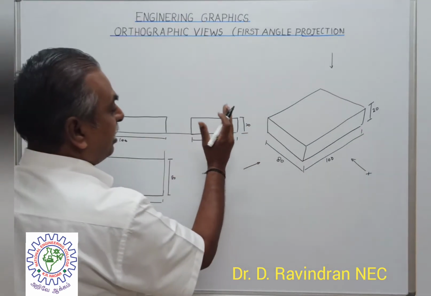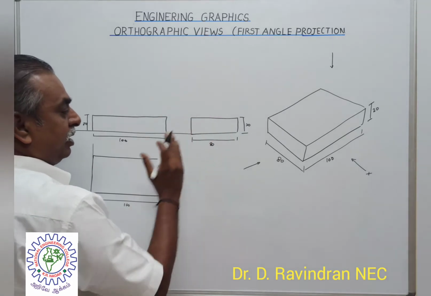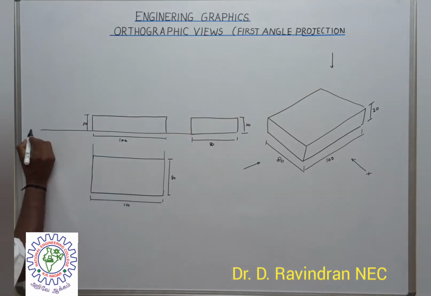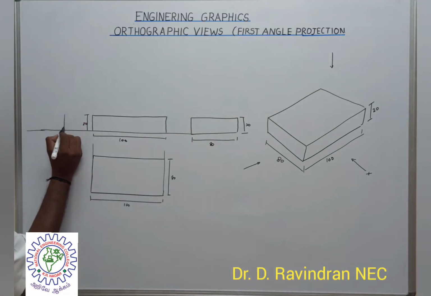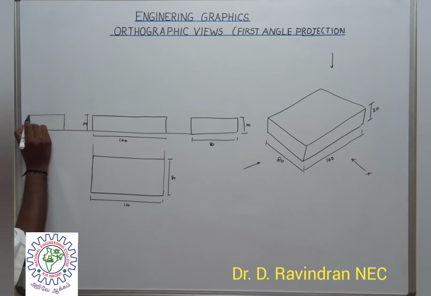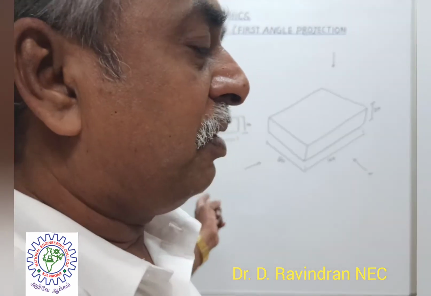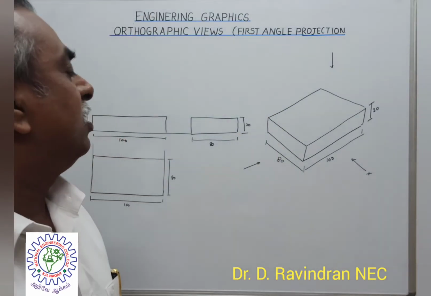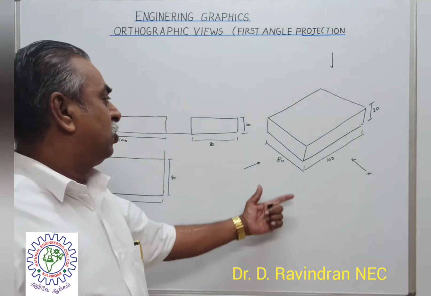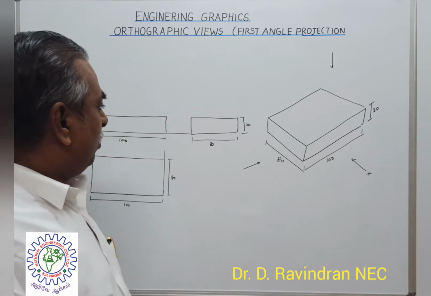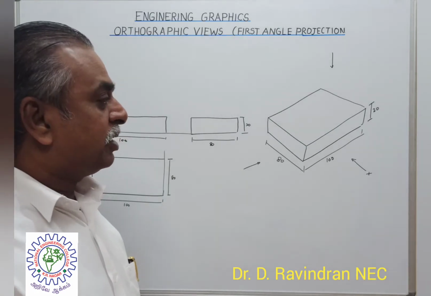This happens to be the left side view, which you are getting at the right hand side. Here again you can get another side view of 80 mm by 20 mm. This view is called orthographic view, whereas this one is called your isometric view. Now let us try to complicate this object slightly.